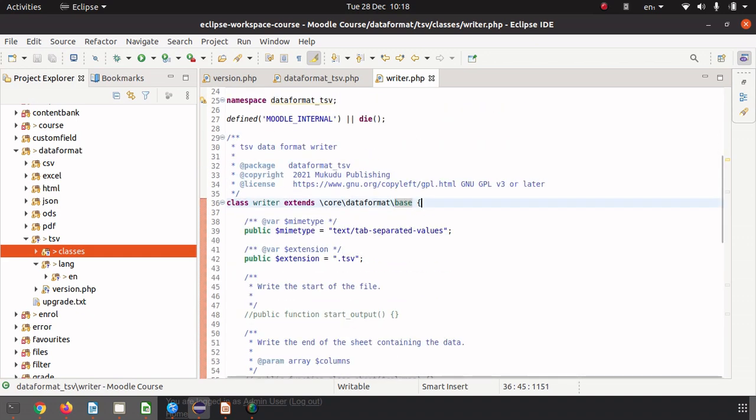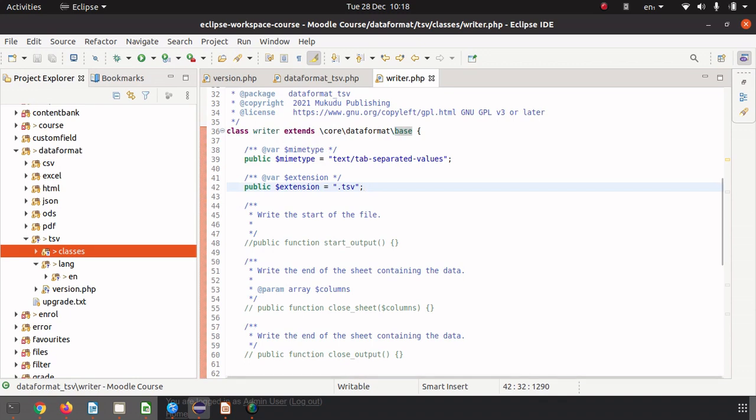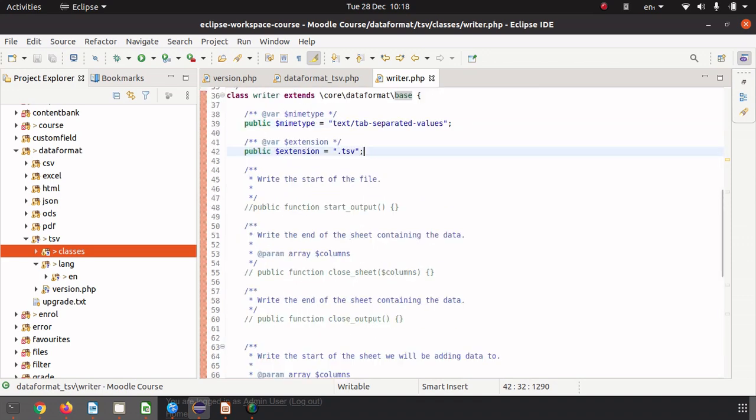And then in there we need to define our MIME type and our extension as public properties. And then we do have some functions that I've commented out because I'm not using them, but it'll give you a sense that you're working with spreadsheets. So spreadsheets have been integrated into this